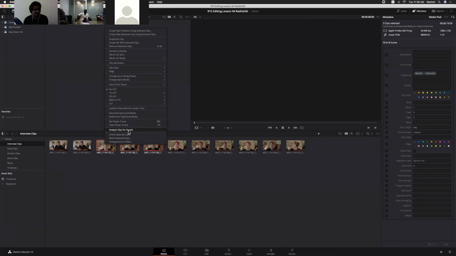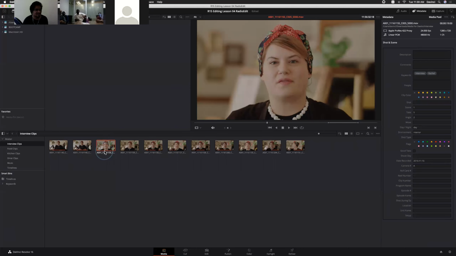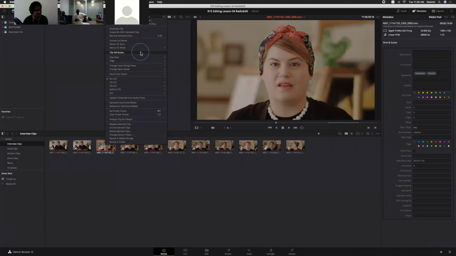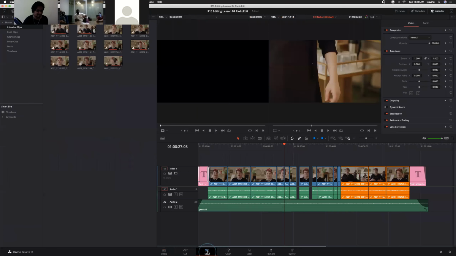Anyway, we are not discussing shortcuts that much, and I will share the shortcuts maybe in the final session or after today's session. Most of the options you will find in right click. Some of the options like de-interlace options you will find in clip attributes. You can access this option in the media page as well as in the edit page.